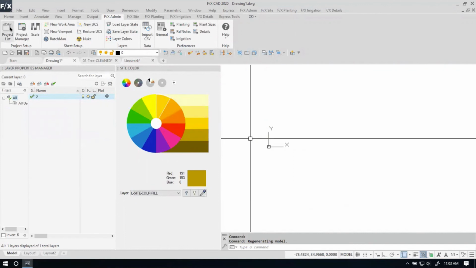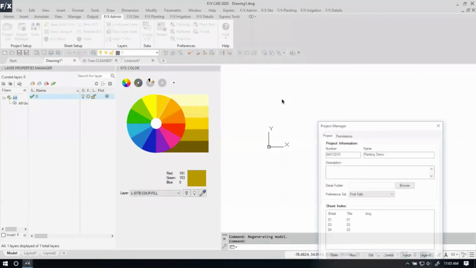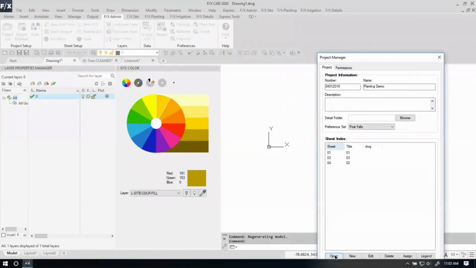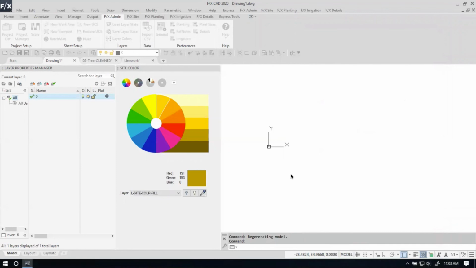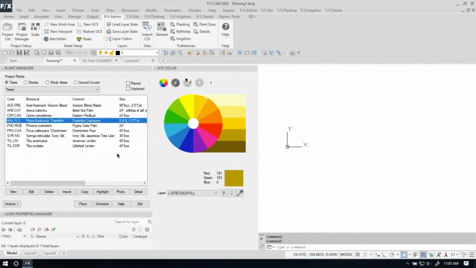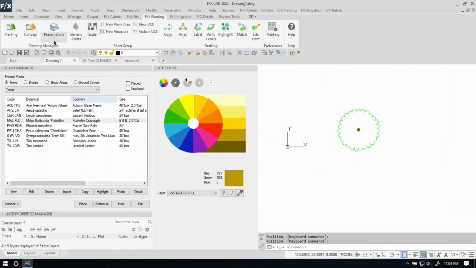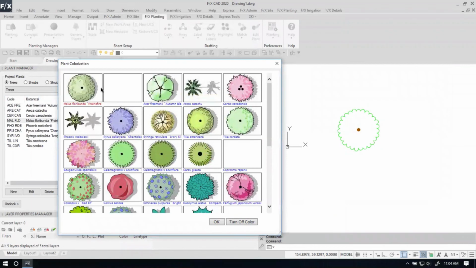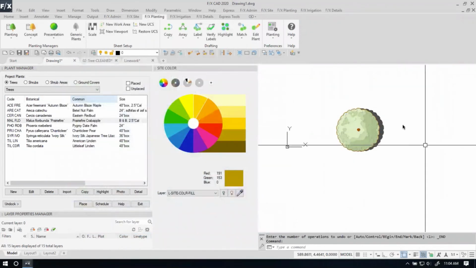If we pull open a project, and this is very bad practice, don't do what I'm doing right now, just opening up a project willy-nilly. There we go. And place a tree. Let's give it a color. So it's got this green color. Turn that on. And say we have